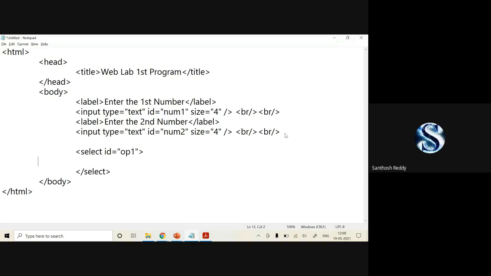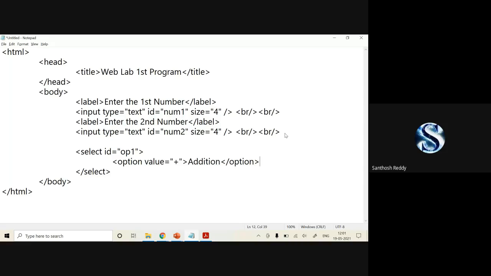Now in this, I'm going to mention the operations. If I want to generate options, which tag do I have to use? I have to use the option tag. Option value is equal to plus, I'll write addition and close the option.